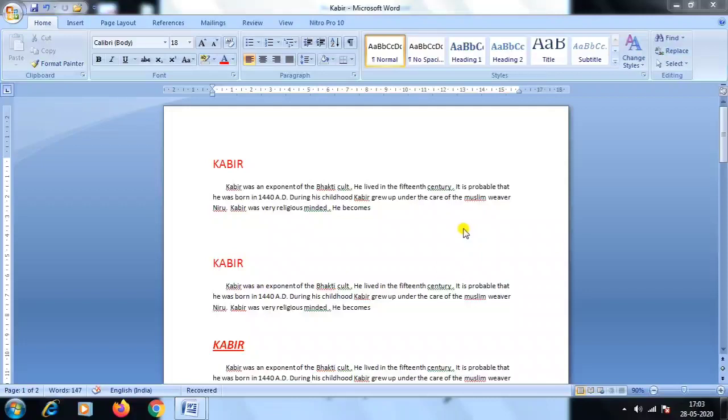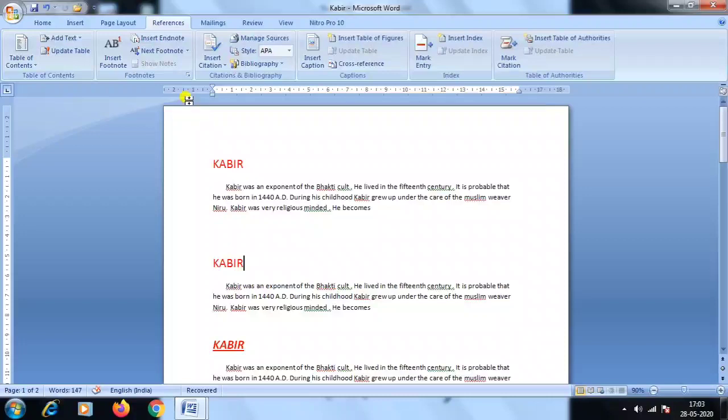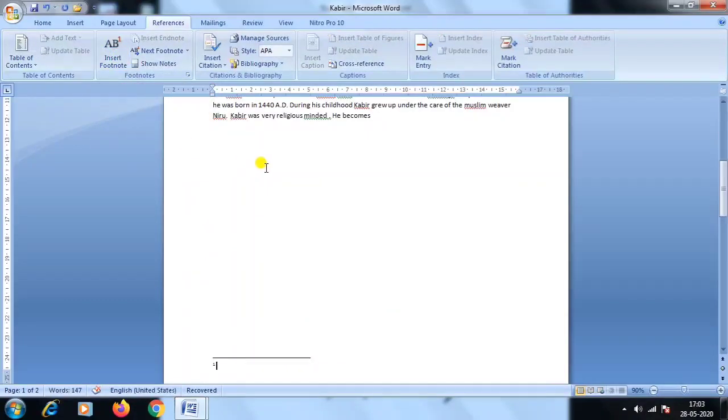To do the practical, first you go to References, click on it, then select any text where you want to apply a footnote, then click on Insert Footnote, then you type your text.